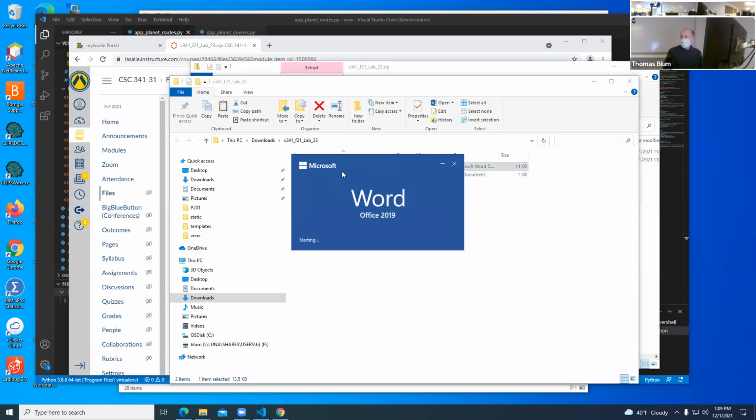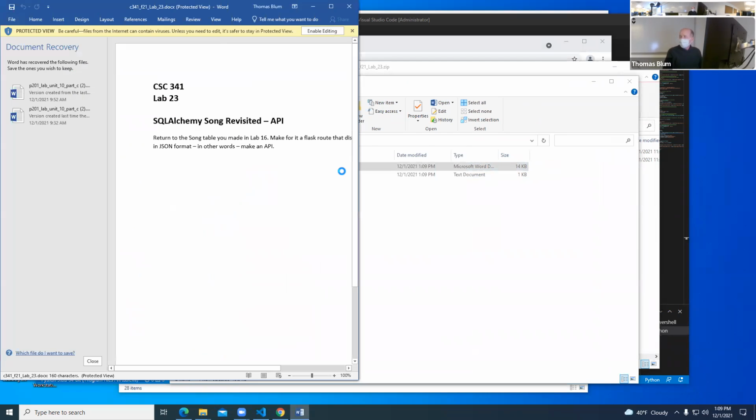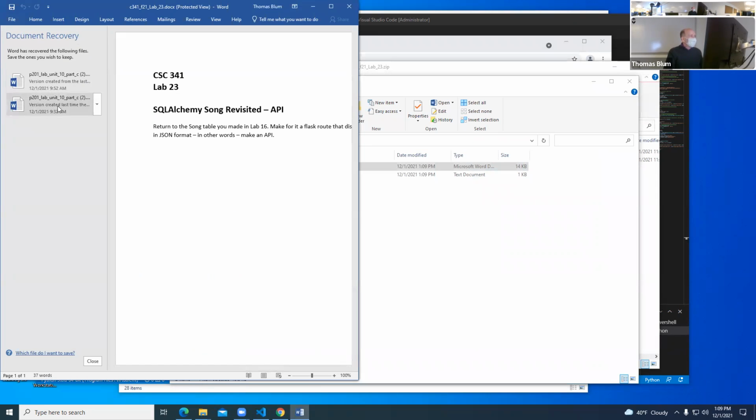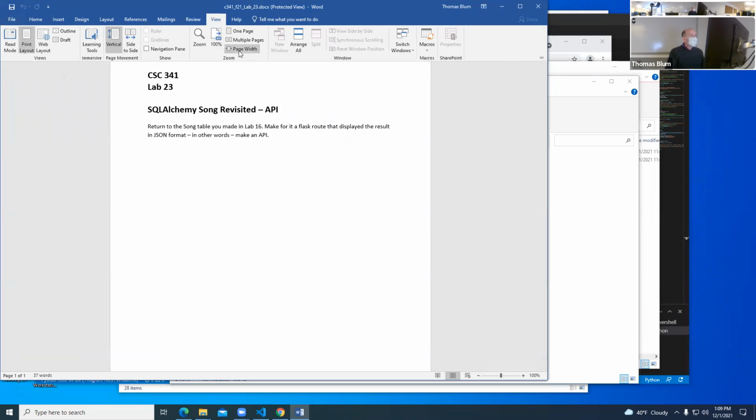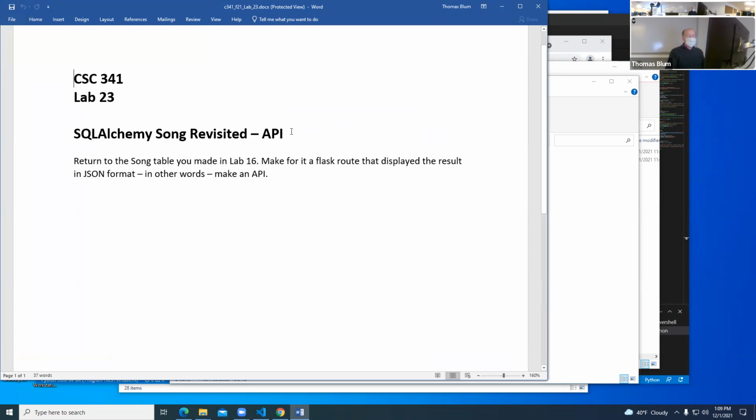You made this database for new wave songs, so you already made this thing. It had the title of the song, the artist of the song, and the length of the song. You're going to add some Flask. Before it was just SQLAlchemy, you're going to add some Flask. You're going to query this database. You're going to put that query into the JSON format.